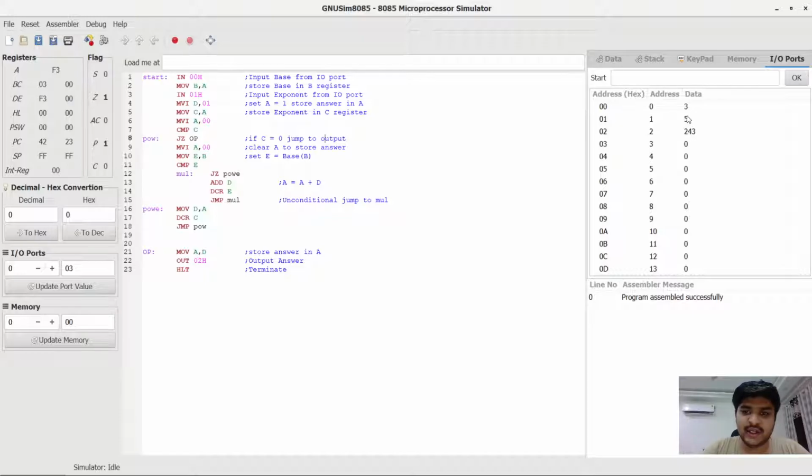That means 3 to the power 5 is 243, which is correct, and this verifies our program. It shows that this program runs correctly for calculating a to the power n, and it also handles all inputs, not only positive integers. I mean it will also handle it if you give 0 as inputs.